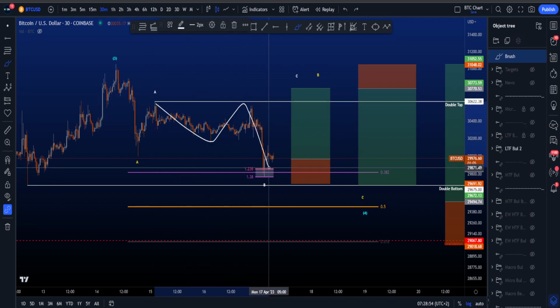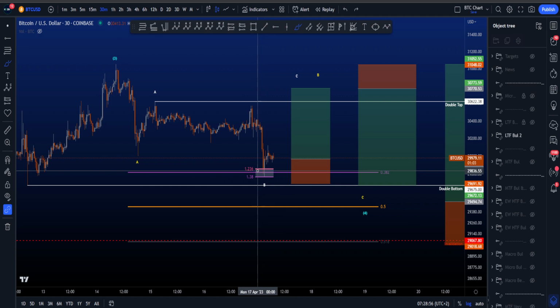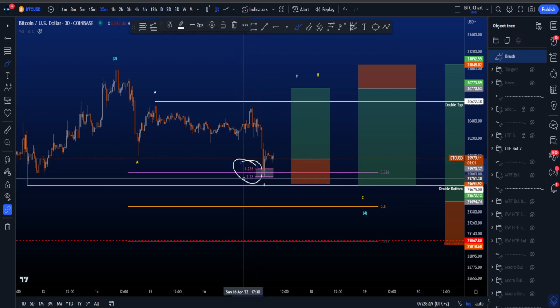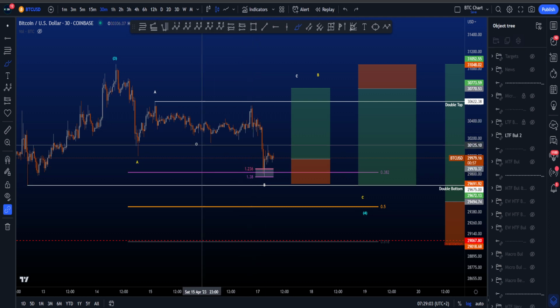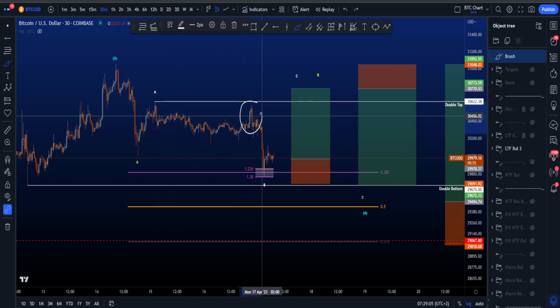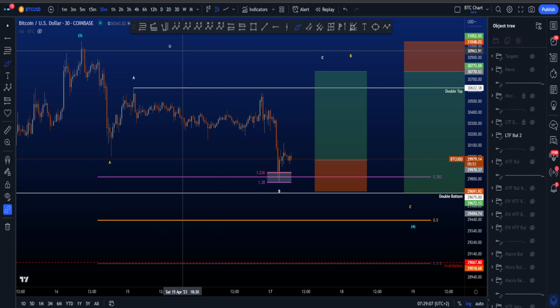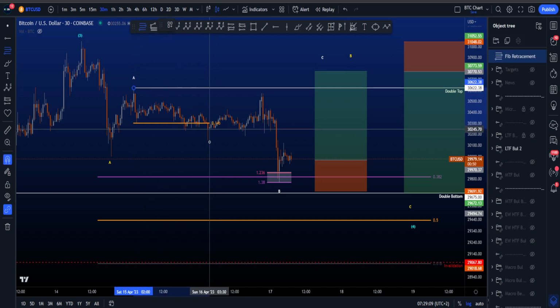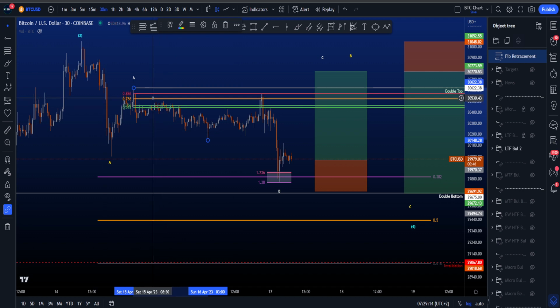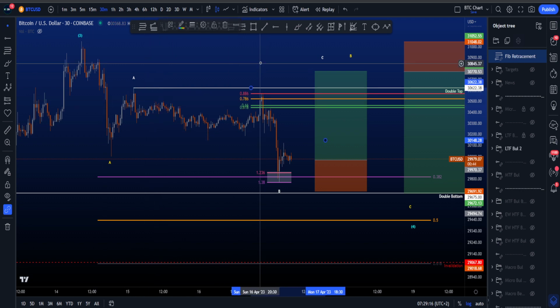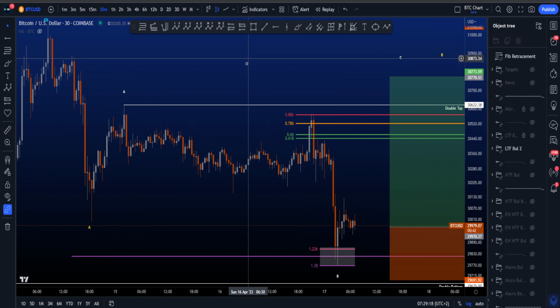If we look at this structure over here, so the wave B and then an expanding flat, which actually hit the target at the moment perfectly for an expanding flat wave B, which is the 1.236 and the 1.38, then what is important is this little structure over here. So if I pull a Fibonacci from the high of the white A over here to this low, and I put on the 886, which is the red line,